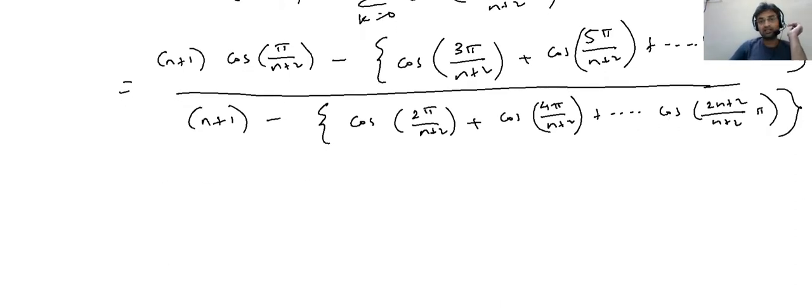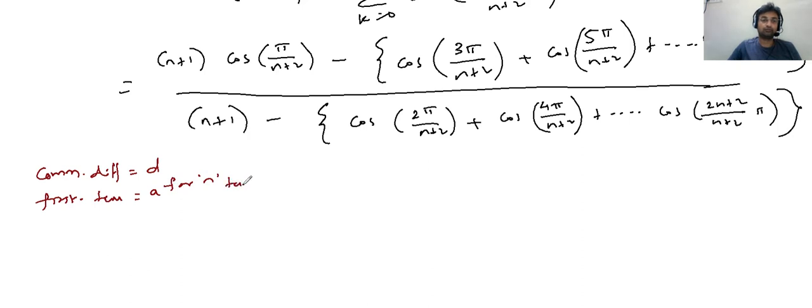Now I'm gonna write something over here so that you understand that whenever we have something like this, there's a cosine and the angles are in AP. The common difference you can say is 2 pi divided by n plus 2 in the numerator and in the denominator as well. So in that particular case, whenever the common difference, suppose it is d, for first term a, for n